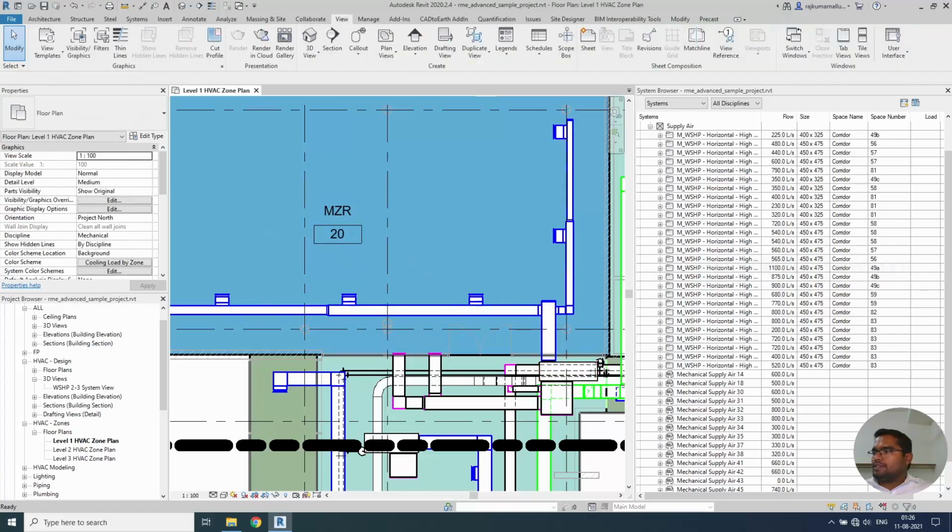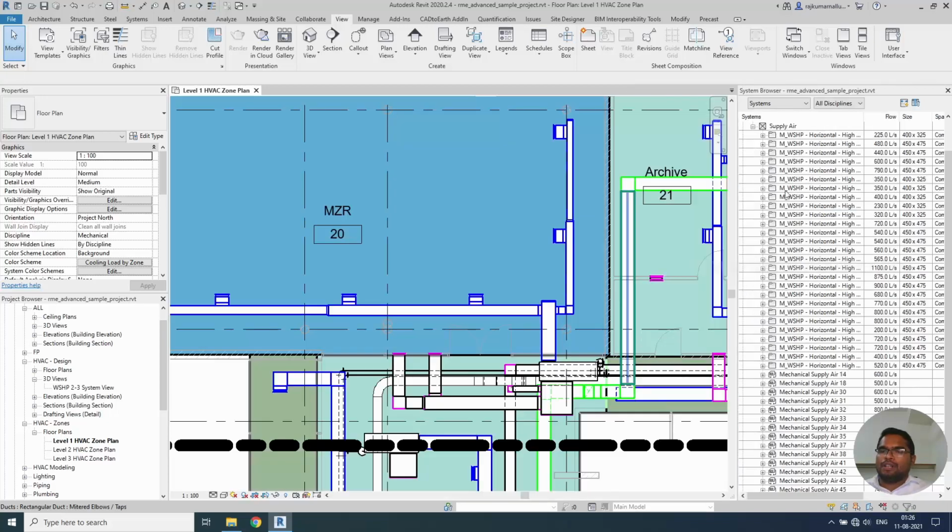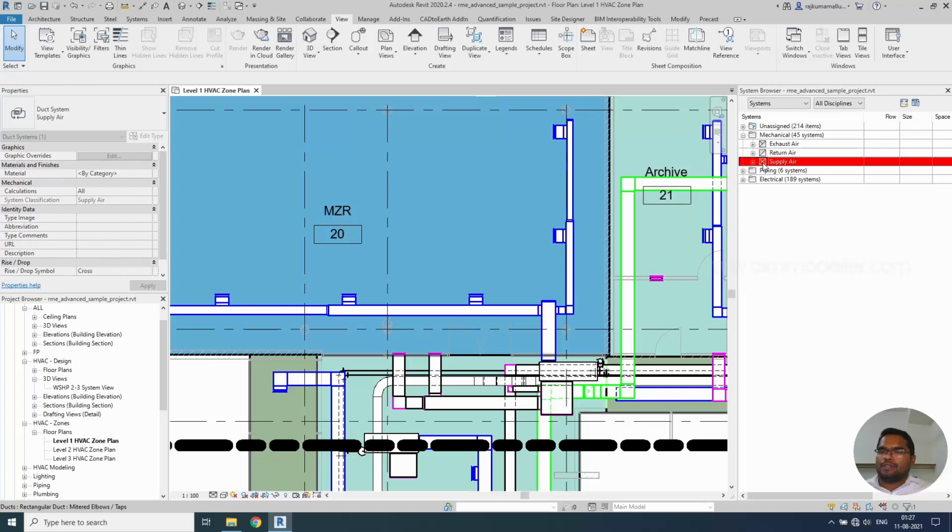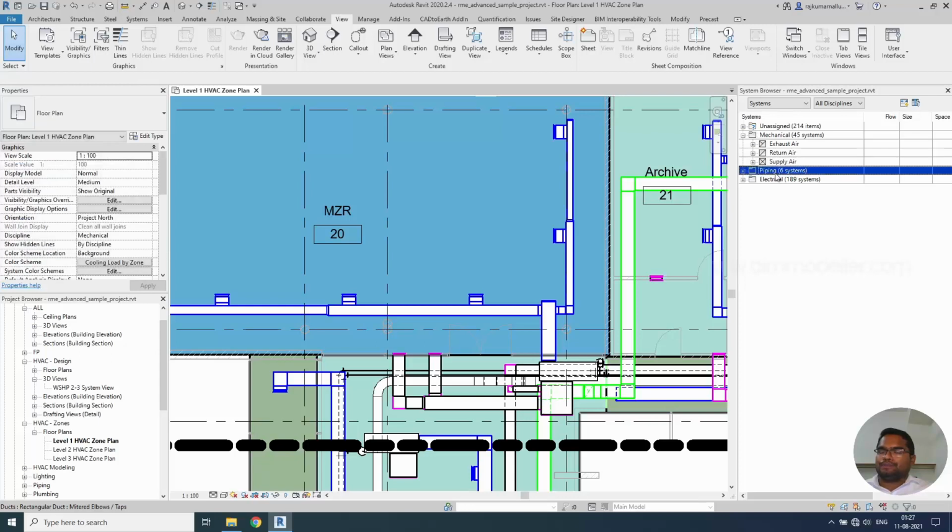So as we discussed, this is the advantage of the system browser. In one place you will be able to see all details. If you want to check the pipe systems also, you will be able to check them in the pipe systems which are available here. At the moment, let's discuss